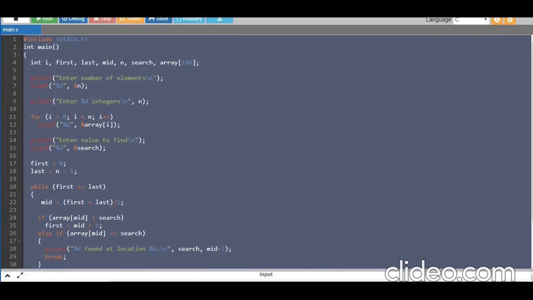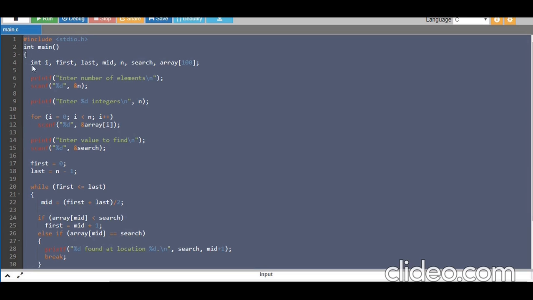Okay class, let's discuss the execution of this. I'm using an online C compiler, and I have copied my program here. I'll just recall the program. We include stdio.h and main.